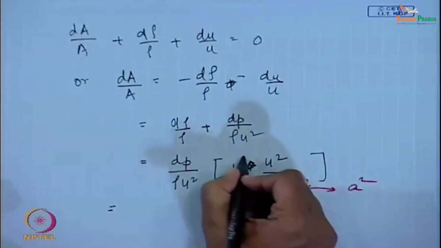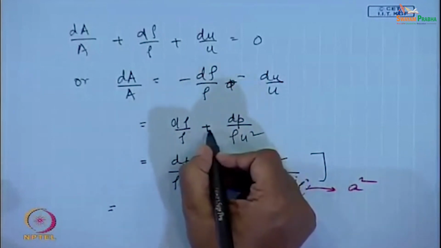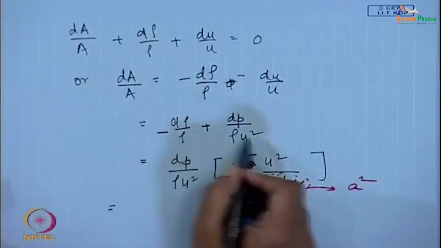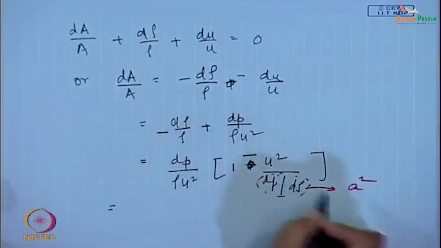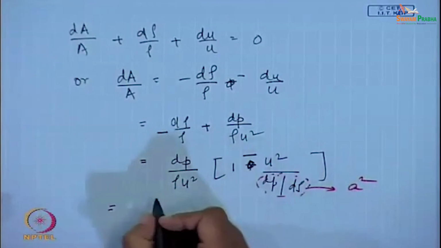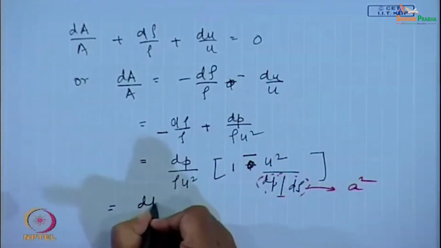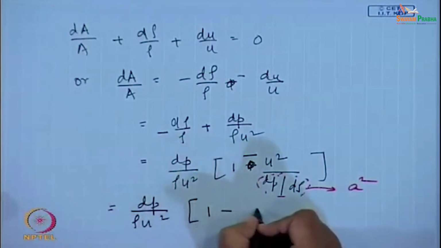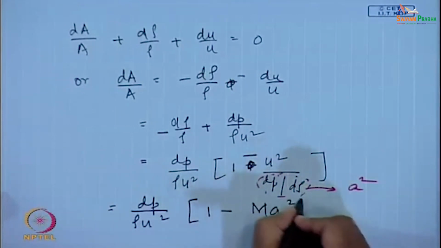Sorry, very sorry, correct. Actually, here only I had made a mistake. Here it is minus d rho by rho. That is why it came in that way. So, this is the situation. Therefore, this can then be written down as dp by rho u square, which is nothing but equal to 1 minus Ma square,